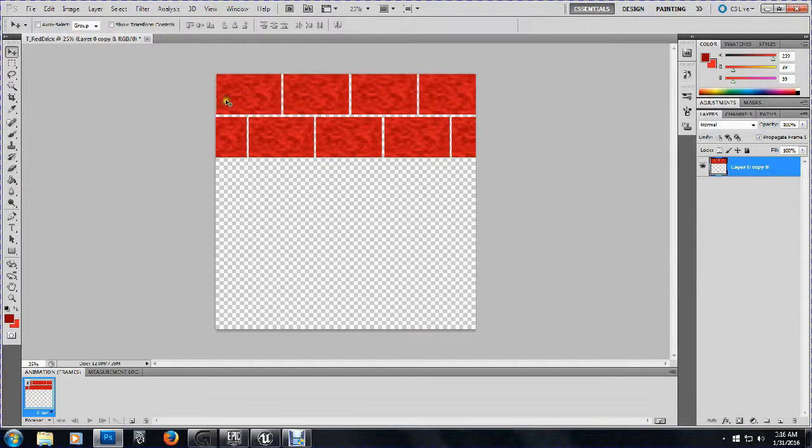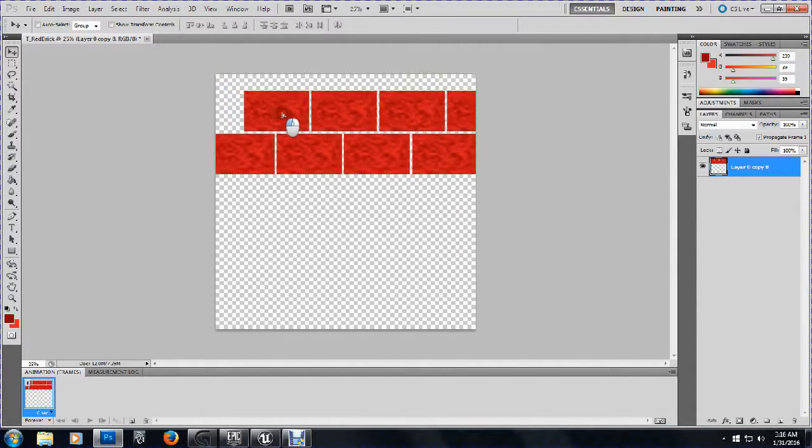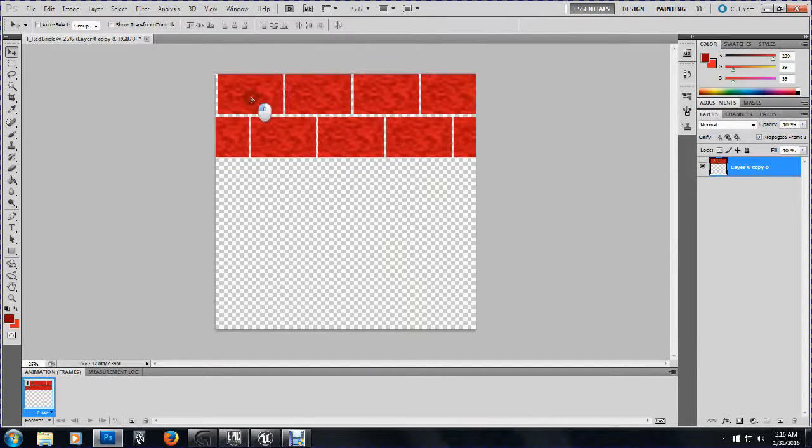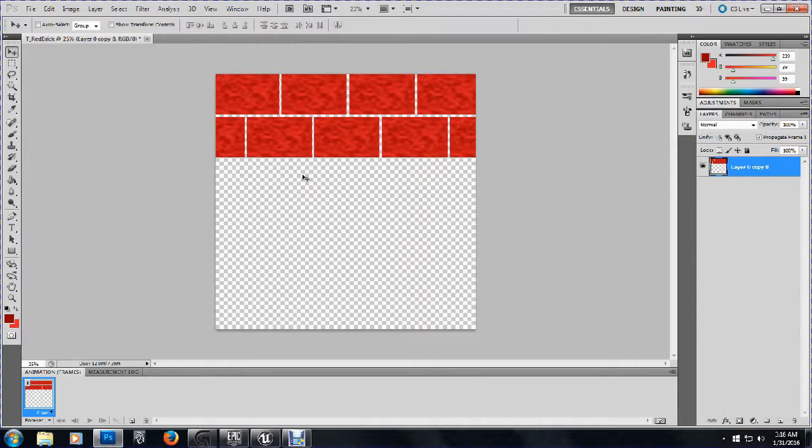So now instead of dragging this all the way down, or each brick individually, I can drag this whole thing. But what I'm going to do, since I have a little bit of space off of each side, I'm going to see if I can get this guy to even up. So I'm just eyeballing it so that this brick should be exactly half of this brick, and this brick and this brick should be almost perfectly sized. And just eyeballing it, looks like it'll probably work